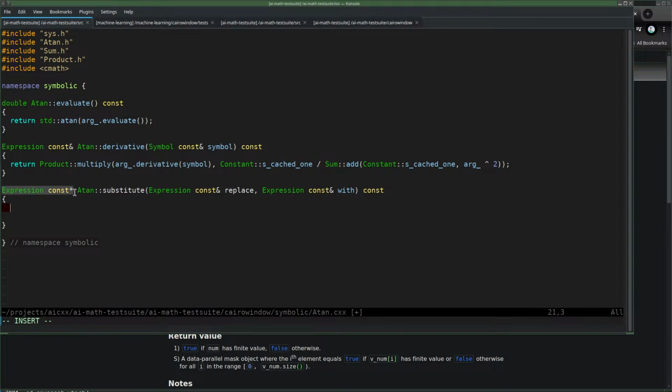So then I can do new arc is arc dot substitute, replace comma with,